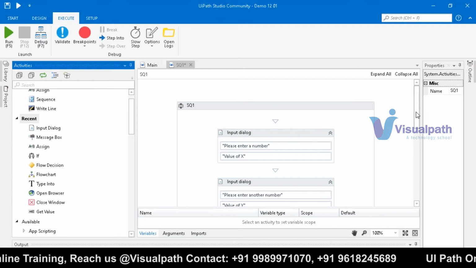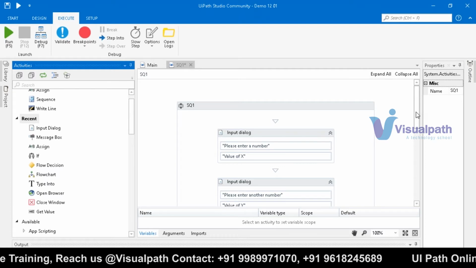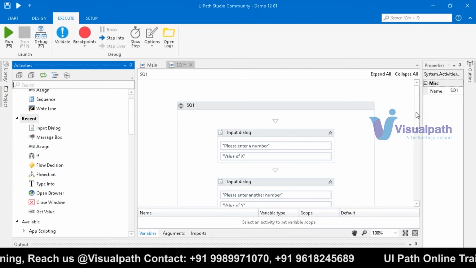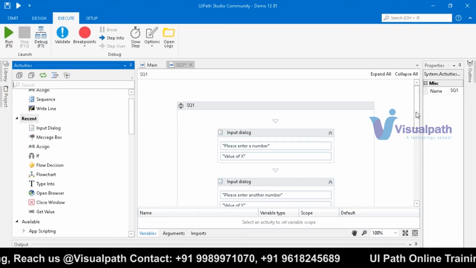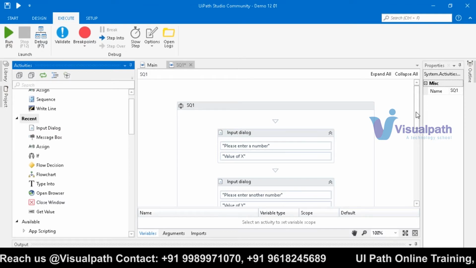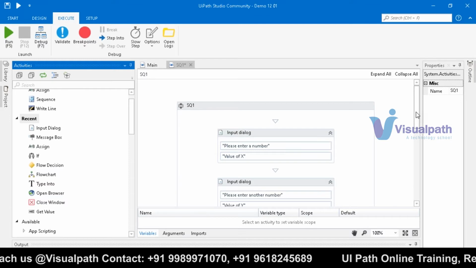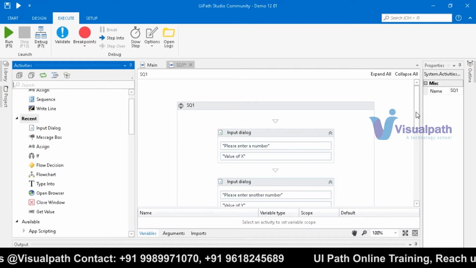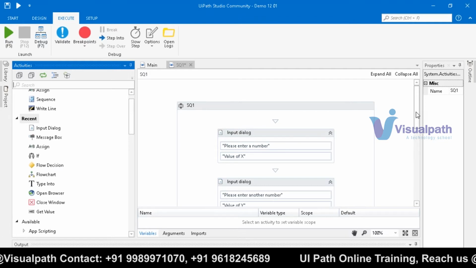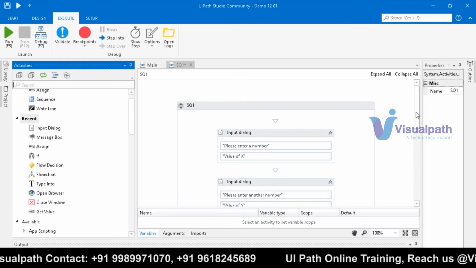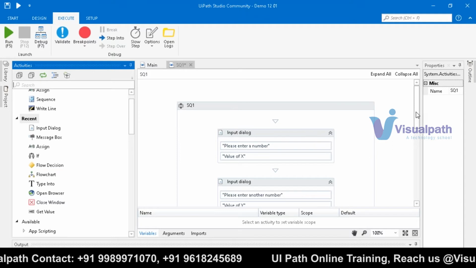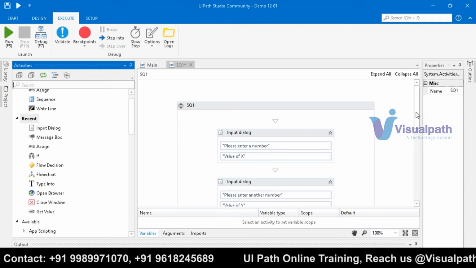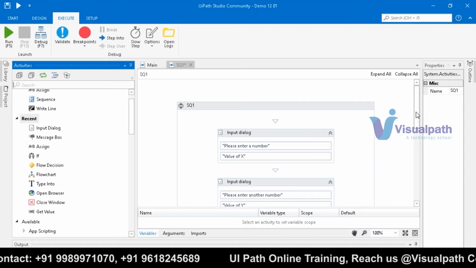Orchestrator is what you use to deploy your code into a particular production server. Your basic actions are present in the community version, which help you to run that from your current server. As a personal learner, do you really need to deploy this into a production server and keep it running throughout the day? That's a commercial purpose, right? You just need to test it. From a testing perspective, they are giving you that. You do not want to run that daily, right? Yeah, so that's a commercial reason